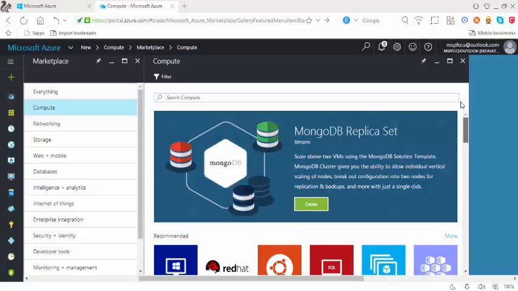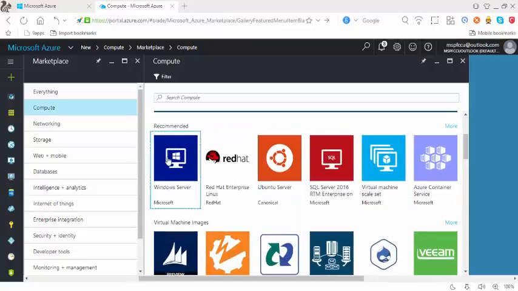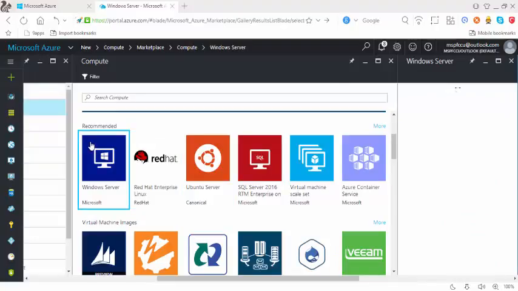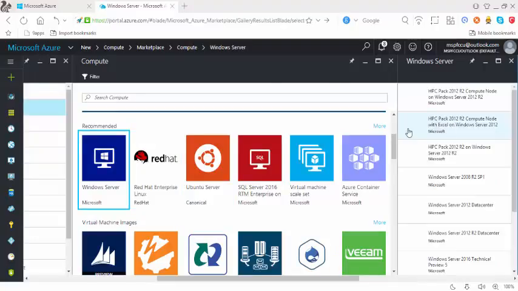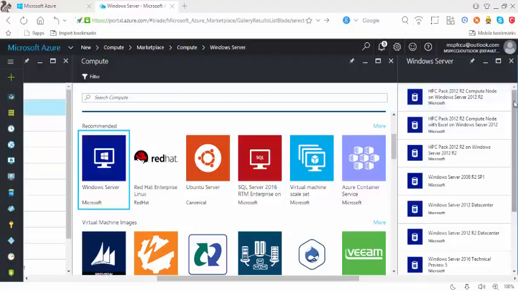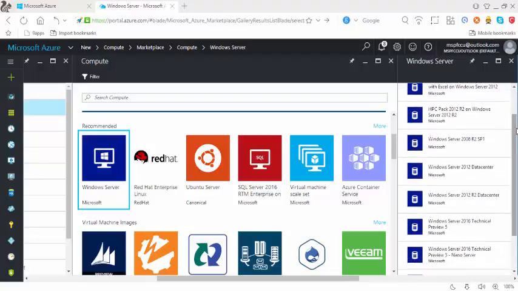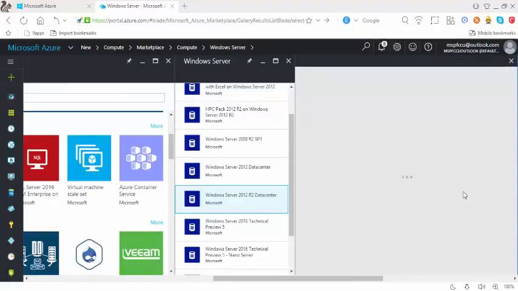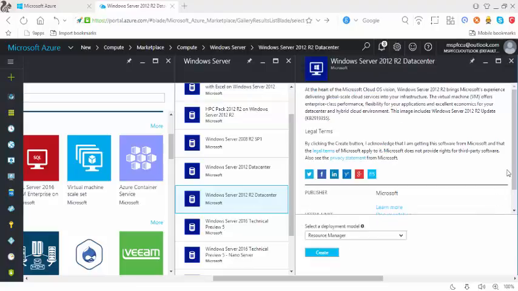But right now what I'm going to do is simply go with Windows Server. So for Windows Server I would simply click on this, and as I click on any of the images, I get to choose the image. For example, if I'm having Ubuntu server, I have to choose the Ubuntu server's variant and the image from that. Right now I just want to deploy the Windows Server 2012 Azure Data Center. Simply click here and then